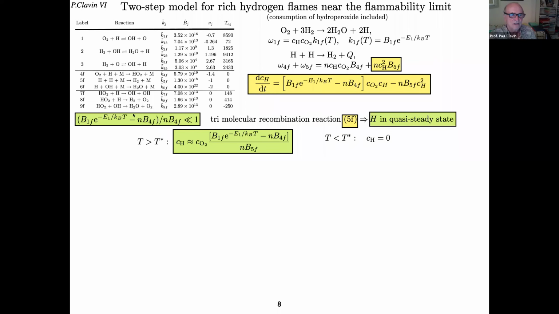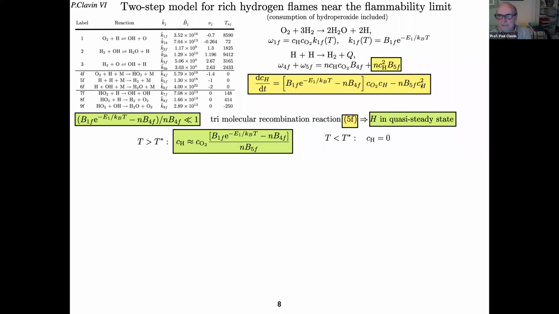So this is a well-defined condition for the concentration. It is well-defined, at least for the temperature, the burned gas temperature, and for the composition. In that case, this term in the bracket is small, compared, not the term itself, but this term times CO2 is smaller than the